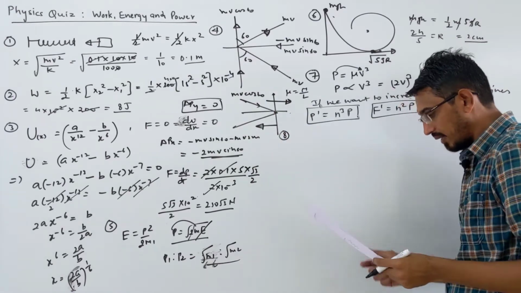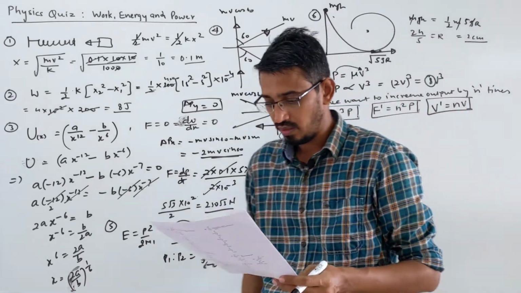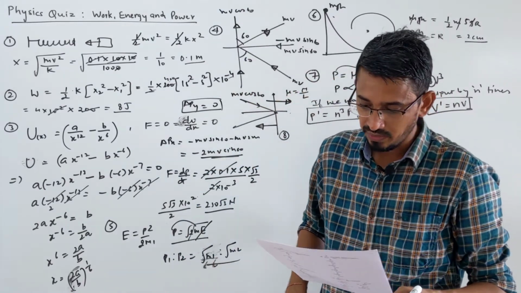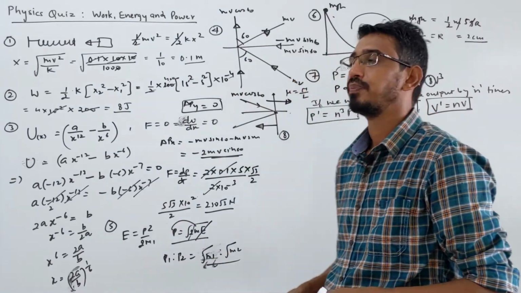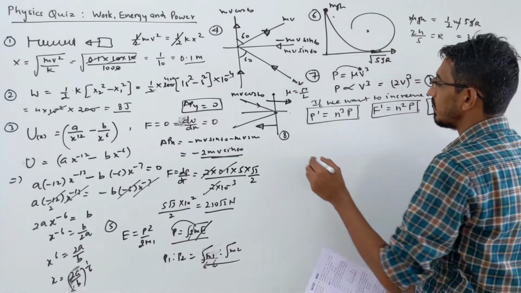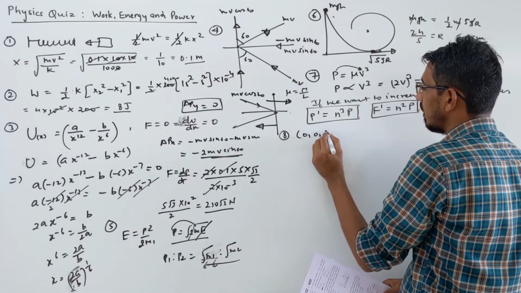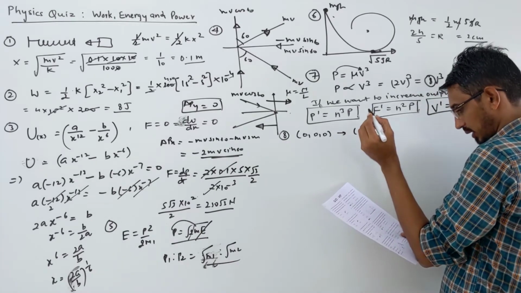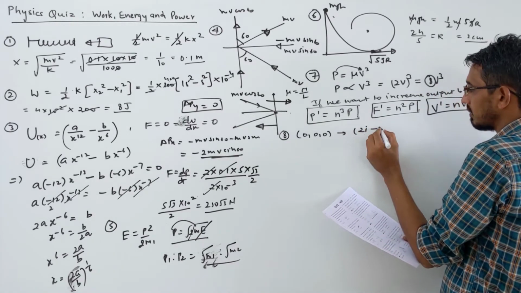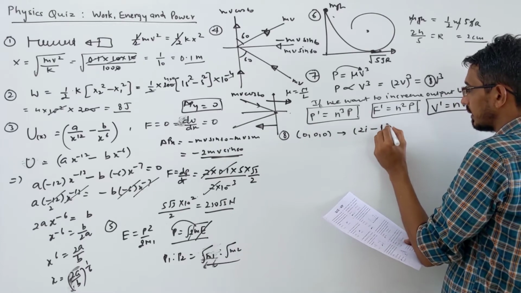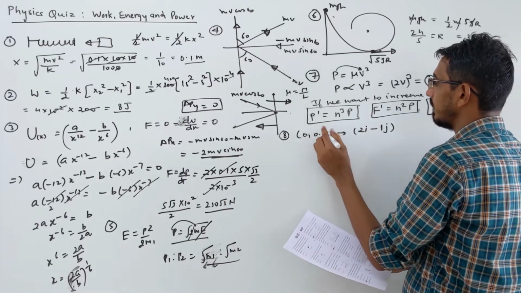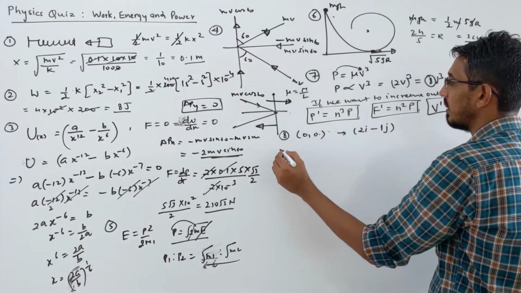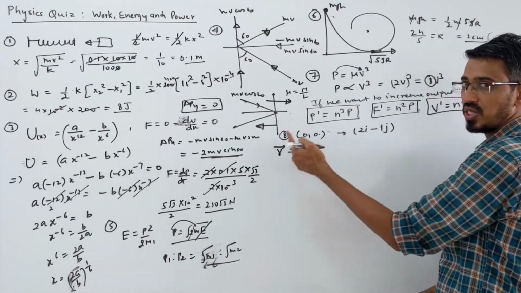Moving on to problem number 8. It says that a force is acting on a particle which displaces from origin to this displacement, the work done on the particle is what? You are displacing from origin, 0 0 0, to what they have given, 2i minus 1j. Two coordinates are given, x and y. You are displacing from here to here, origin to this point. So first calculate the displacement, always final minus initial.